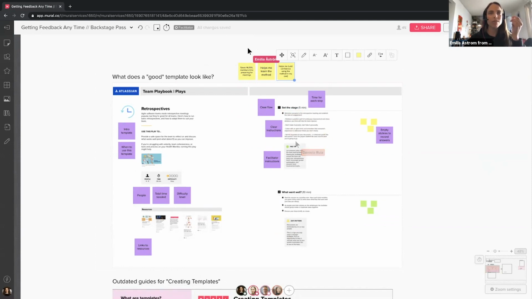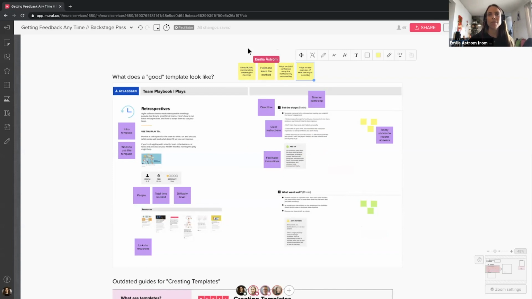The flow is also pretty clear. It has numbers for each step so that you can easily see where to start and where to go next. It even has time indications for each step so that you know how long to give people to think individually and how long you would need to share out. It has instructions that you give to the participants, but also instructions that are a bit more specific for the facilitator, with tips on how you could facilitate and introduce the activity to your team.